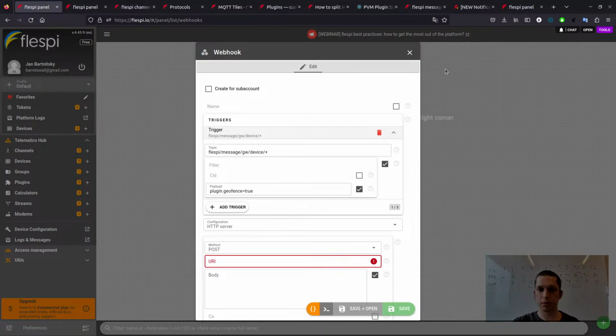If you find some trouble, ask us in the Flaspy chat. We will try to help you because, as I said, it's a new feature, and by helping our customers, we supporters understand better what's going on there. Okay, some more questions. Will there be more examples in the calculators section, like detecting some anomaly, like DTC code detection and how long it lasts? Yeah, and Alexei Shurko answered this.